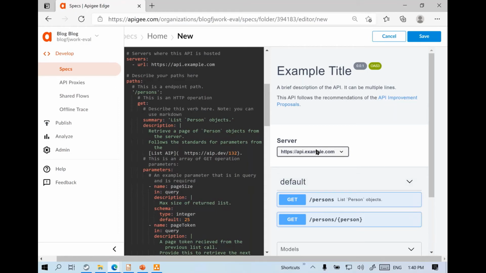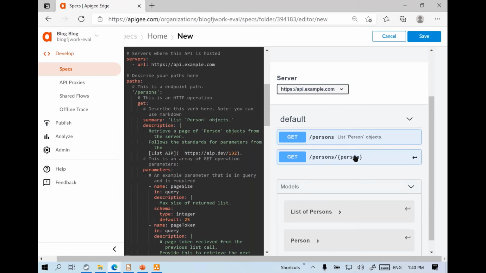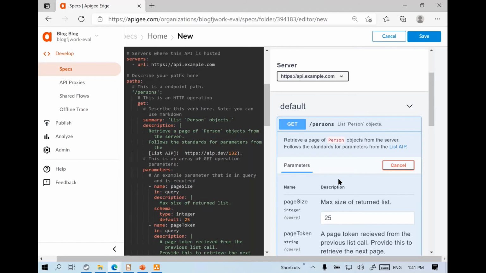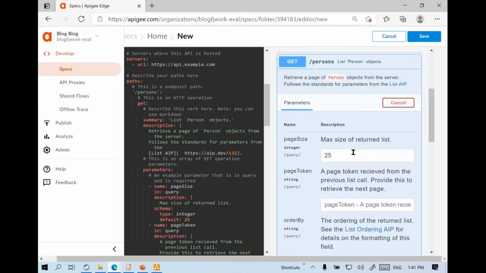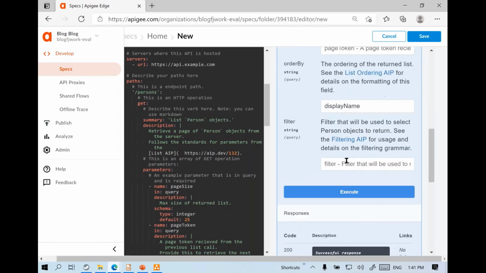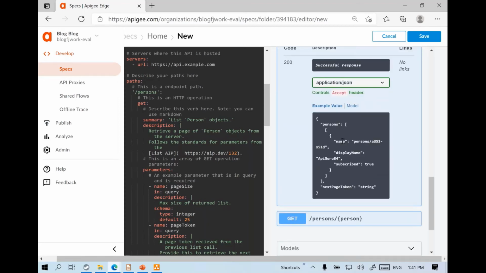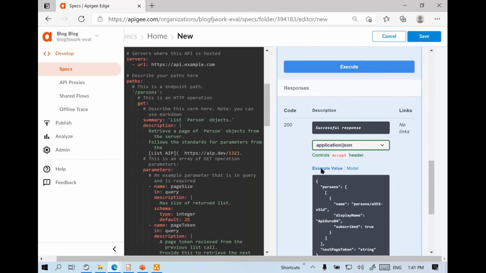So what base URL we should have, what endpoints we should have, what parameters we should pass, and we can even click the try it out here for this sample service, and it will basically let us customize the parameters, and you can see the response as well for this sample service. So you can basically create the specification so that developers should know that, okay, if this is the endpoint I have to design, I must return this type of data.